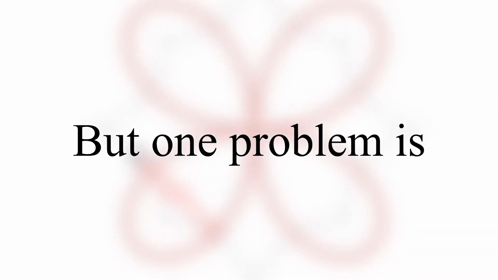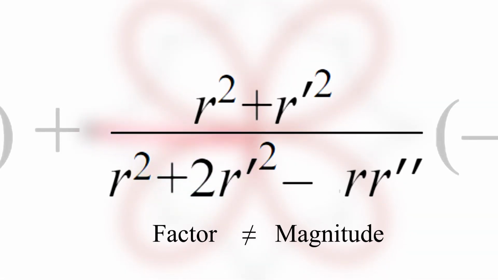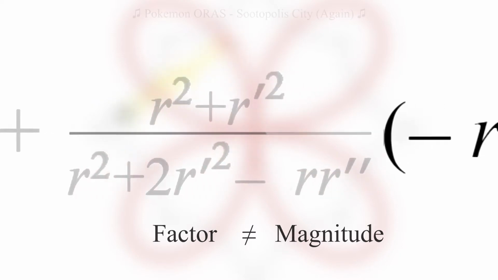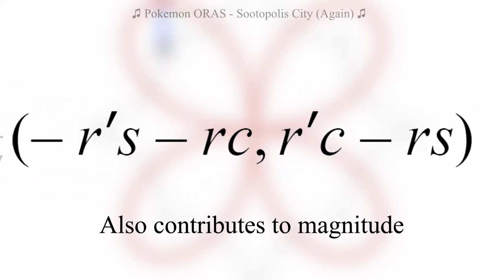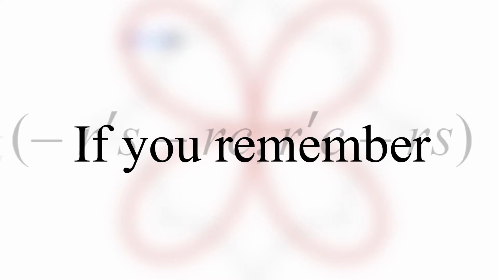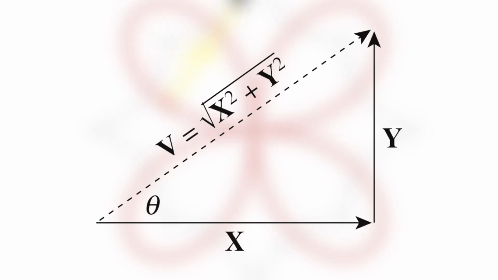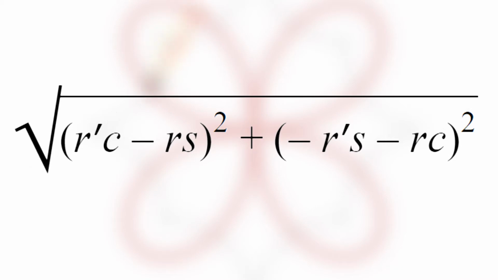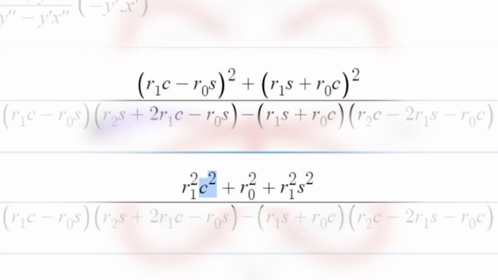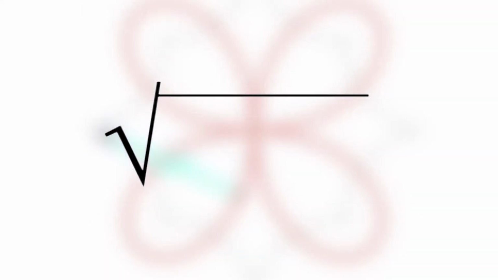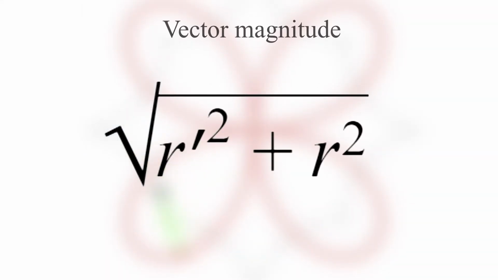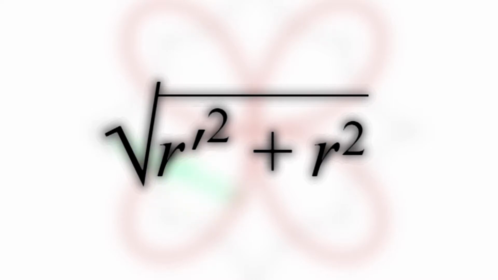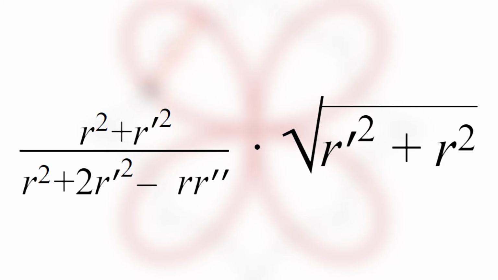But one problem is, this scaling factor does not tell the whole story of its magnitude. This is because the vector alone also contributes to that magnitude. If you remember, the magnitude of any vector is the Pythagorean theorem of the two components. So in our case, the normal vector's magnitude looks like this. And like in the recording, the expression reduces to the square root of r prime squared plus r squared for the vector magnitude. This magnitude, then, is the term we use to multiply with the big factor to evaluate the